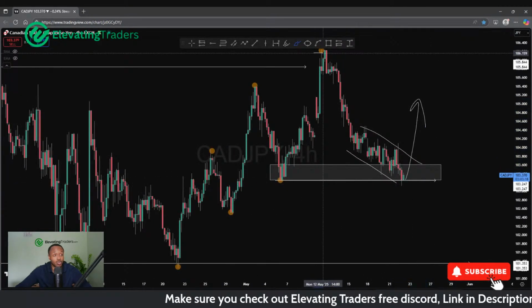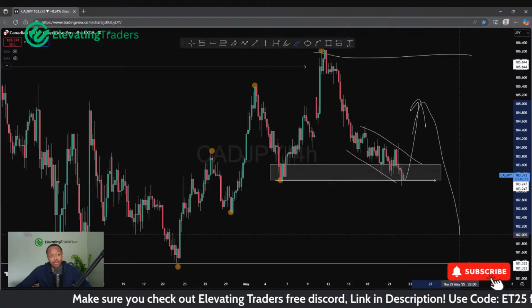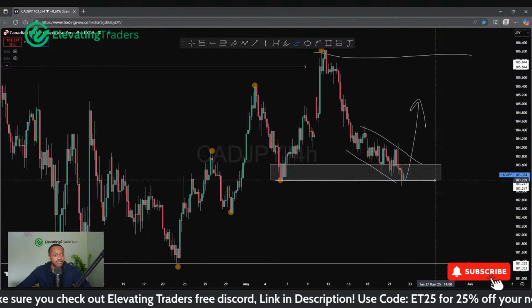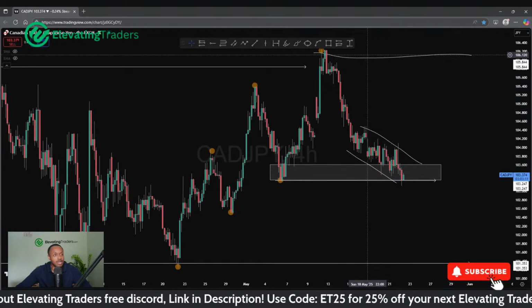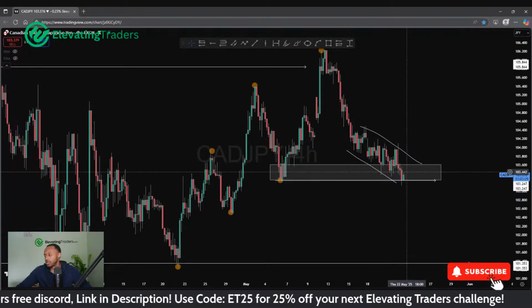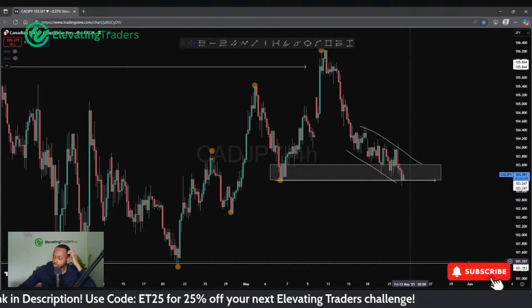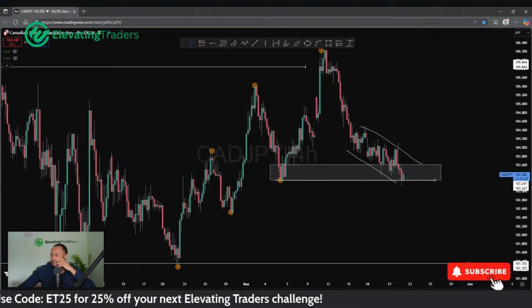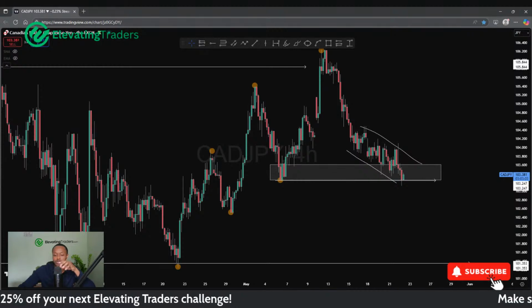Whether it's going to take us all the way back to the high or maybe halfway and then we drop back down again, only the future will tell us that. But I still think that's a nice place for a buy, and we can see some upside as well. So I do think we can push up.